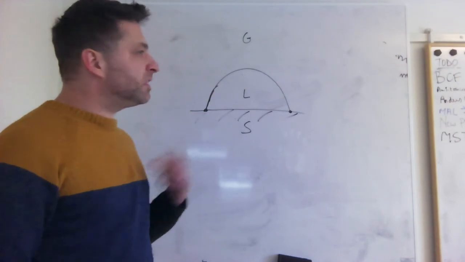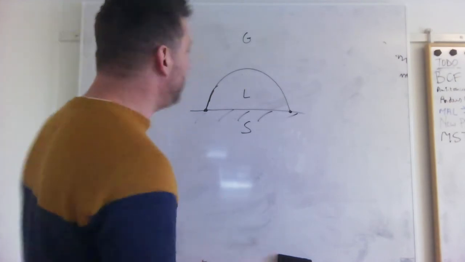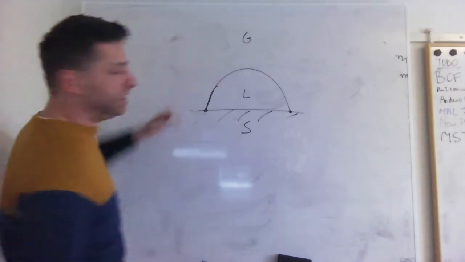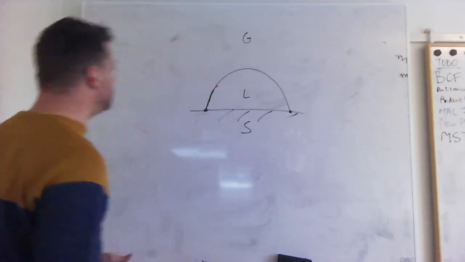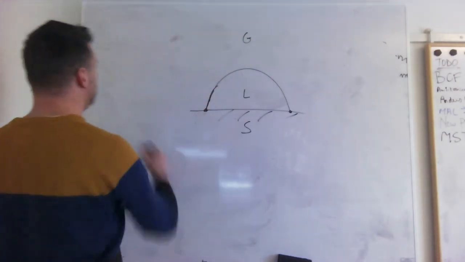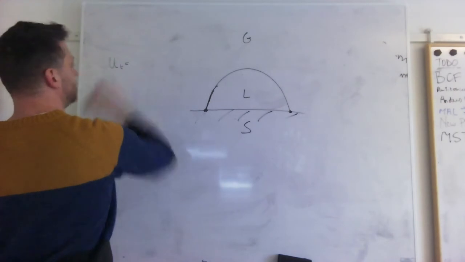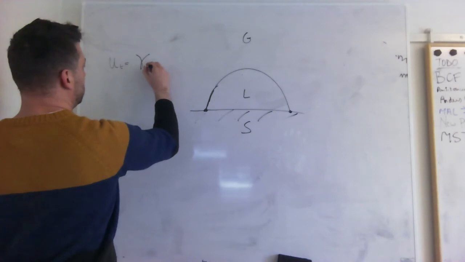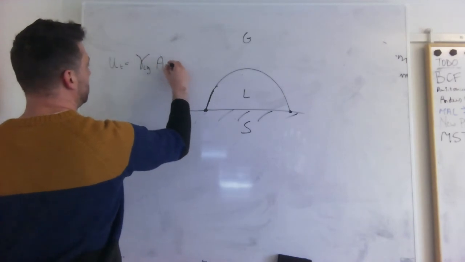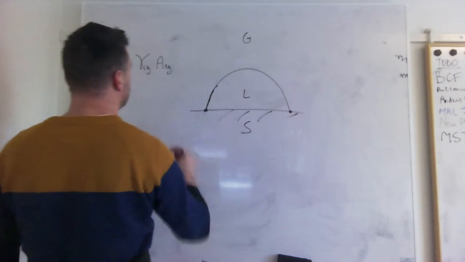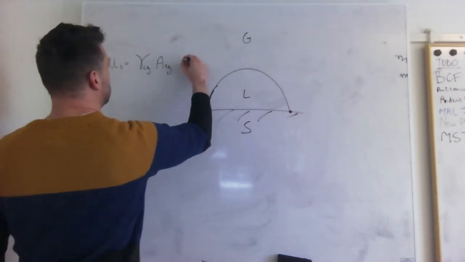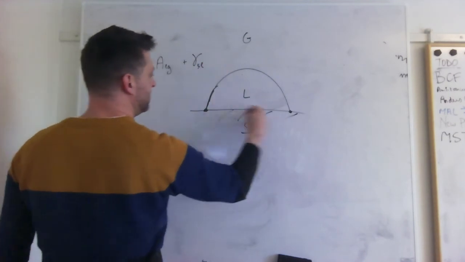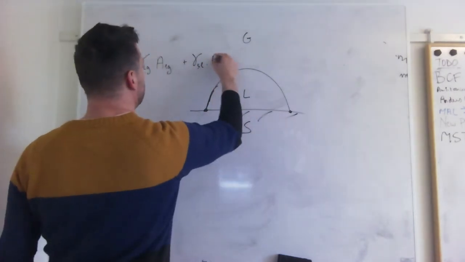How does such a system behave, what is the equilibrium state for such a system? Well, I have three surface energies. So if this is a system where the surface energy is dominating, such as on a microscale, what will happen is that the total surface energy of the system, U_T, equals the surface energy of the liquid-gas interface times the area of the liquid-gas interface, so that's this area, plus the surface energy of the solid-liquid interface times the area of the solid-liquid interface,